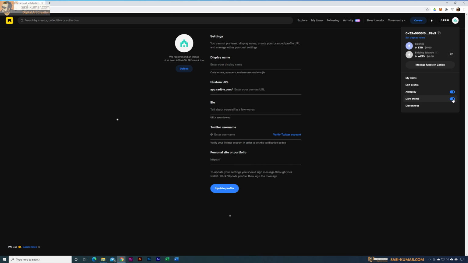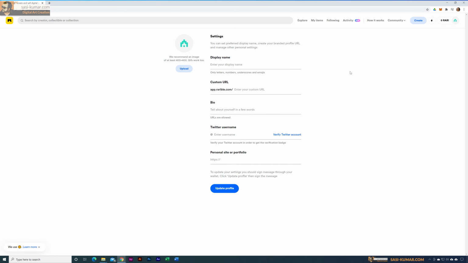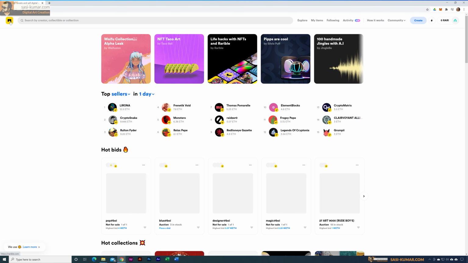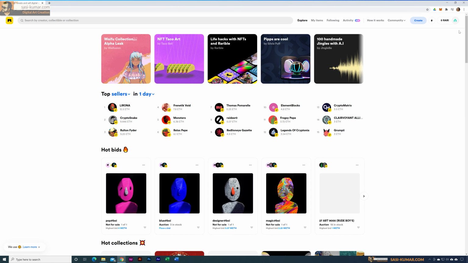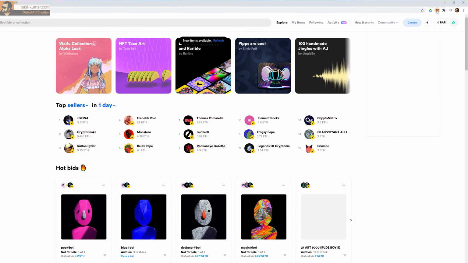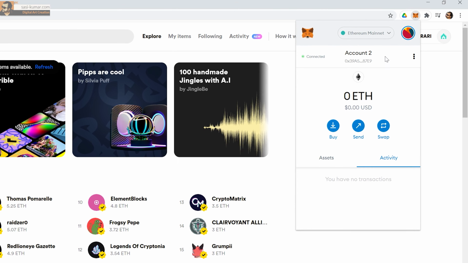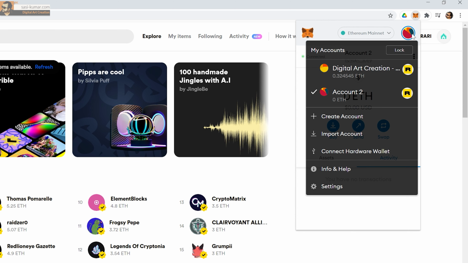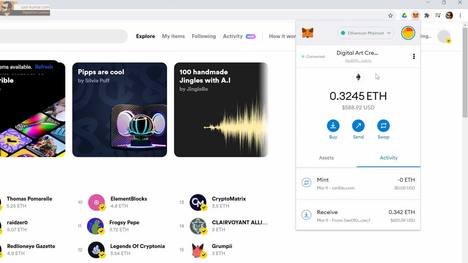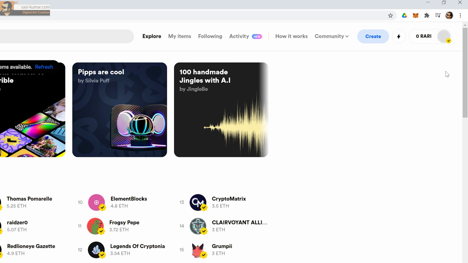All right. Okay guys, so once you connect to your wallet, please explore in here and customize whatever way or username you want. Okay, so now let's go into creating a new NFT. So for this, I'm going to change back to my original wallet. I will go in here and to the MetaMask first and activate my wallet which has money. You need to make sure you have money in your wallet to create a new NFT.